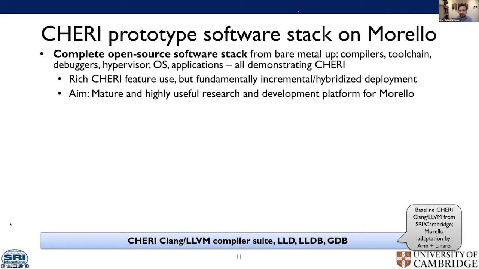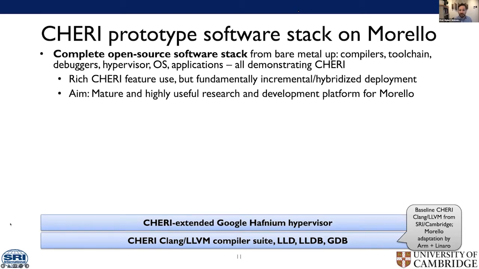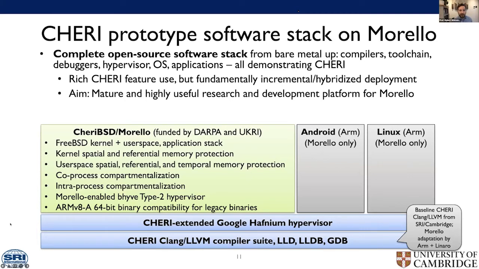At the bottom of the stack, we have a Clang/LLVM-based compiler suite. ARM has extended this to work with the Morello platform and not just with our CHERI research prototypes. We will also have, although we haven't yet released, an adaptation of the Google Hafnium hypervisor. We then have a FreeBSD-based operating system stack, CheriBSD, on Morello. This includes memory safety and compartmentalization features throughout its design: memory safety in all user processes, as in the kernel, different mechanisms for compartmentalization, and also, as of a few days ago, support for Morello in the extended bhyve hypervisor,